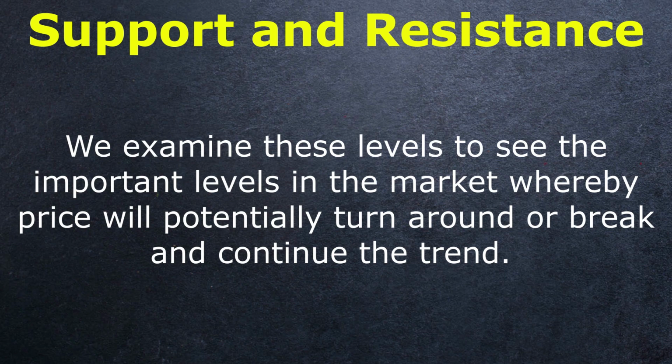So these levels are created by the asset's price: previous lows for support, and previous highs is what we look for when we are plotting the levels of resistance on these charts, right? This helps us to see whether the market is in a bullish or bearish trend using these highs or lows and plotting the levels, right? These are some of the simplest concepts to understand, but yet can help you be very profitable in the